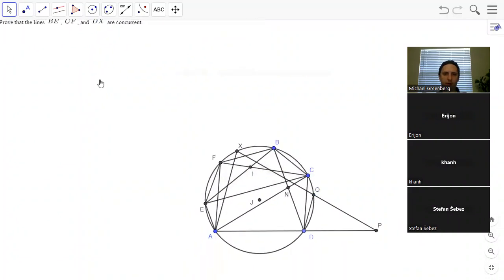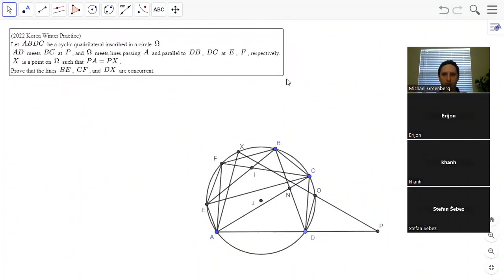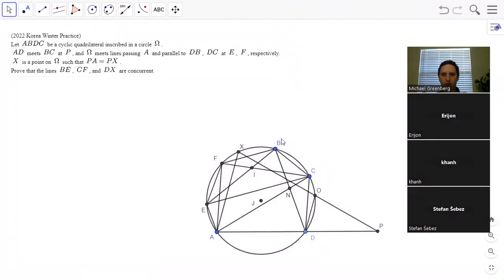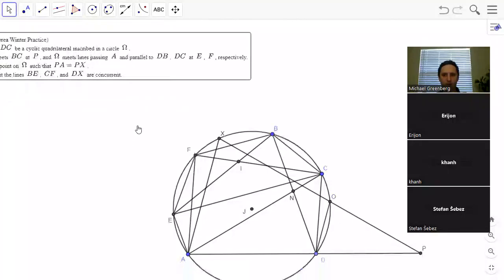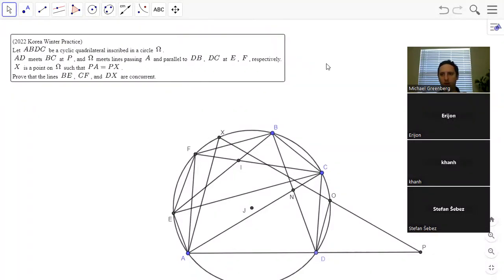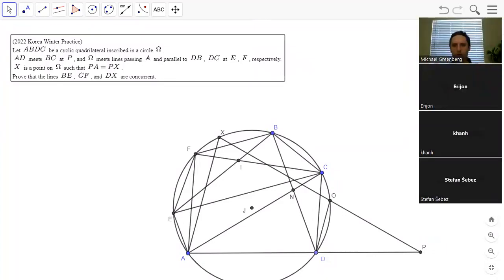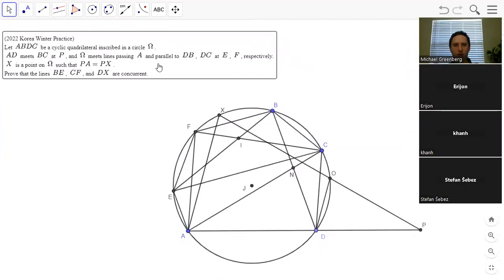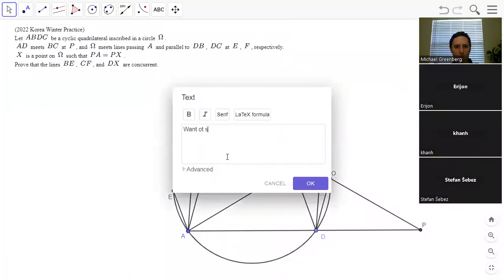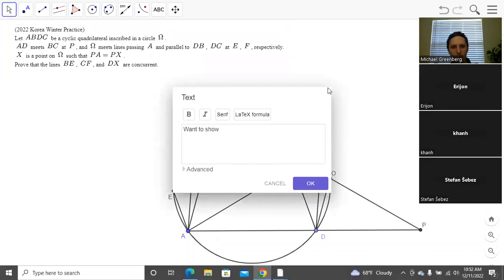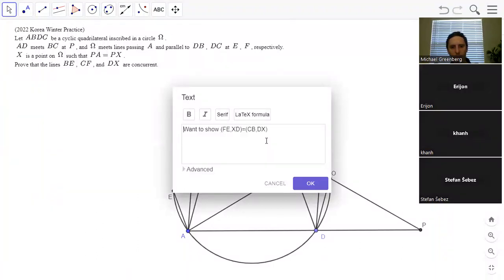So I'm going to type it all out. Just a tiny bit bigger. All right. So thanks for typing it up. So we want to show that those cross ratios are equal. And this would prove